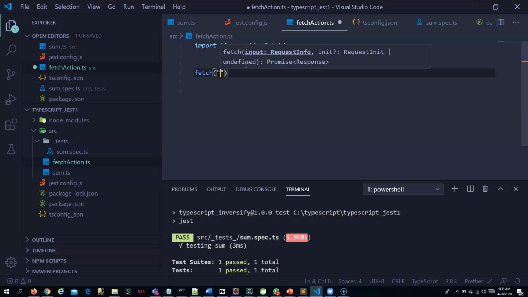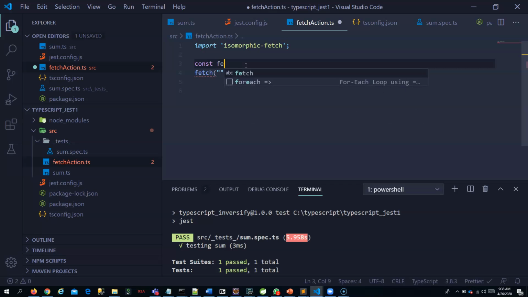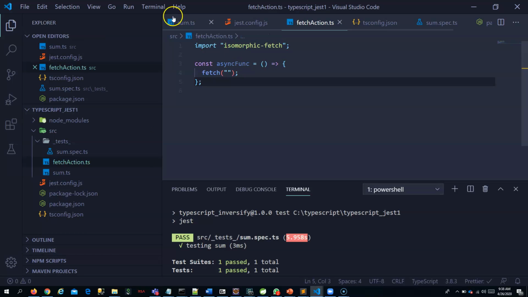Maybe I will write a constant fetch function, an asynchronous function, which does not take any input, and here I am doing an asynchronous call.